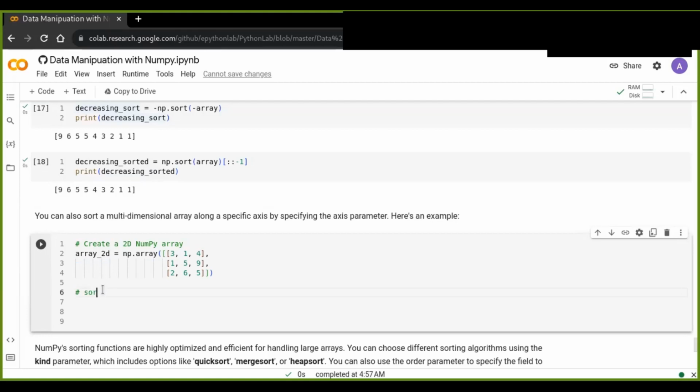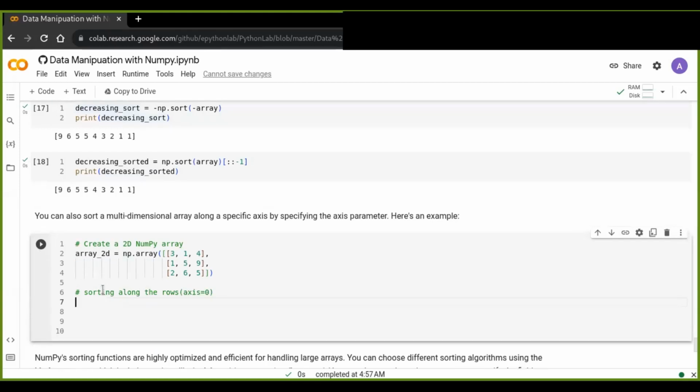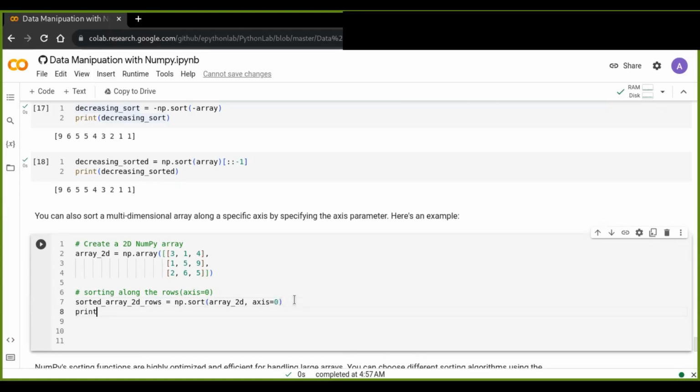Sorting along the rows, which is the axis parameter 0. So create a copy of the 2D rows and np.sort array 2D. Then you can pass the axis parameter 0 to sort along the rows, and you can see that